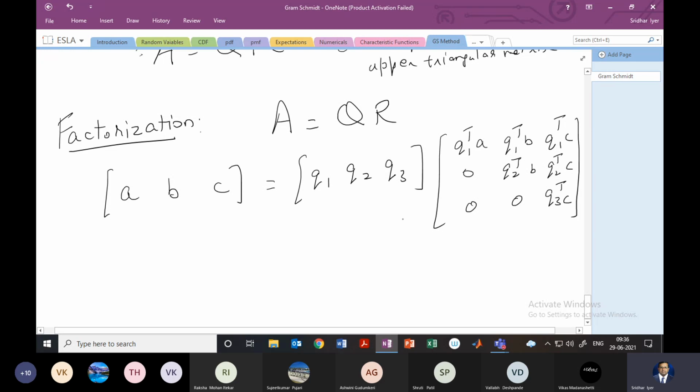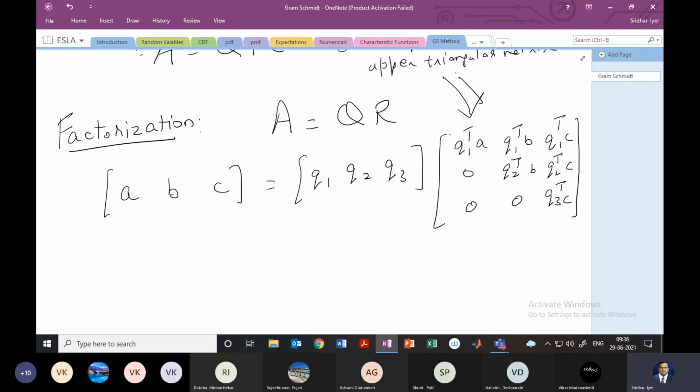Right? So you can see that this matrix here is an upper triangular matrix. So below the pivots, the first non-zero entry, below that the values are 0. We already know the LHS A, B and C, those are given to us. We have found out Q1, Q2 and Q3. So all we have to do is just find the right hand side matrix, and we can also have a check. When we multiply this Q into R, we should get A, right? So this will also be a check.